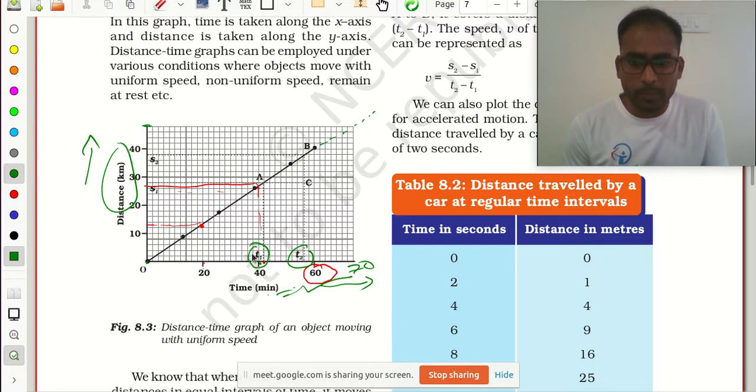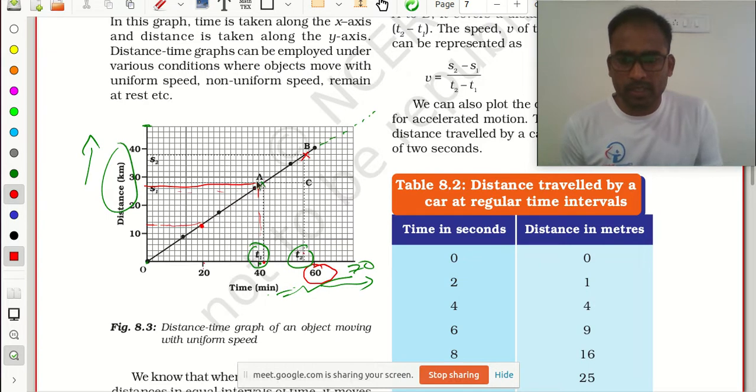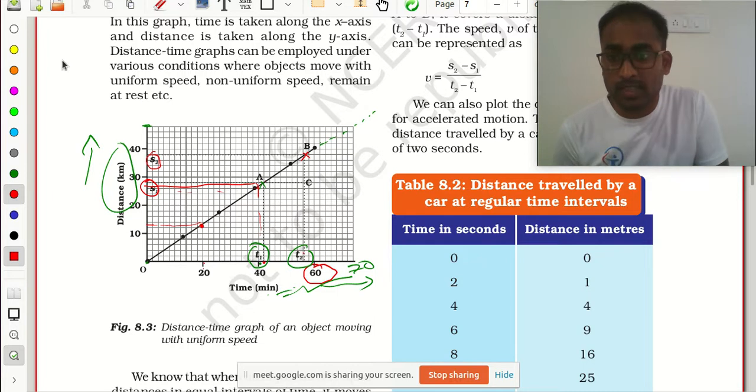Here, just take a perpendicular of this t1, a vertical line, and we make one point here, A. From time t2, I will make another vertical line. Then the same, represent this point on the y axis, and this point on the y axis, meaning it has a distance of s1 and a distance of s2. I will represent s1 as distance 1, and s2 as distance at point 2.